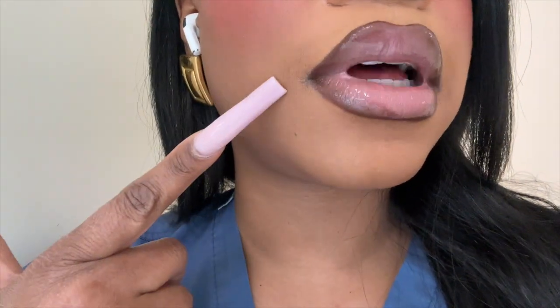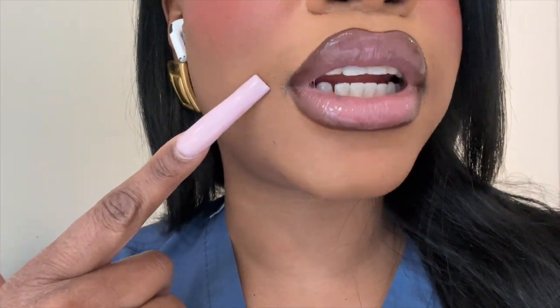Hey y'all, the time is now 2:30 p.m. I've had my lunch and some time has gone by and I just wanted to show you guys my makeup. I feel like my makeup looks fairly good. The corners of my mouth, again, we talked about this morning. I just ate and I feel like it's honestly not that bad for what I thought it would be, for a foundation that's so dewy on my skin type. And even with it separating earlier,